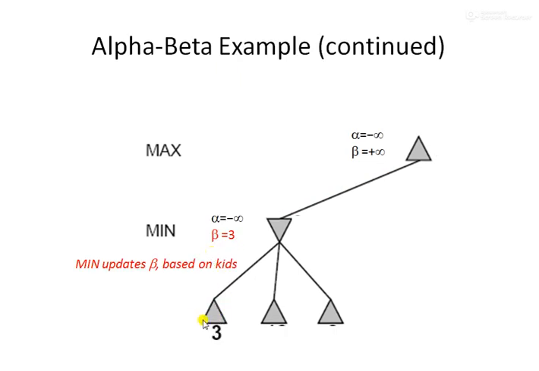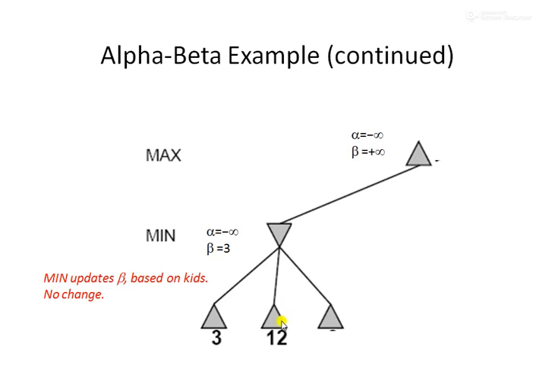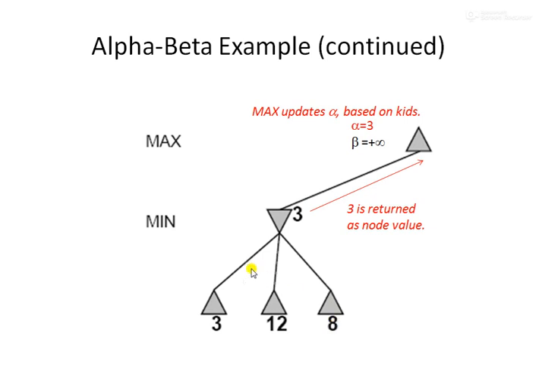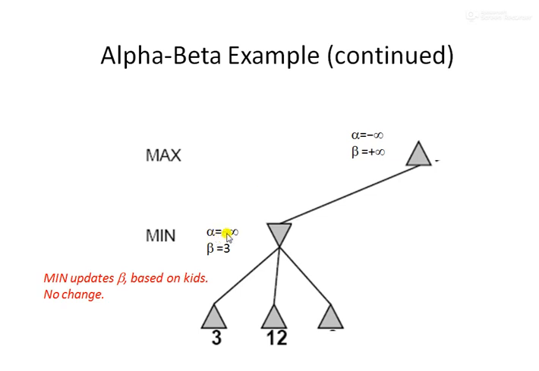So the min value here is 3 now. Now it is going to check, for this again we have two other possible moves here, right? So it is 12, so between 3 and 12 the minimum value is 3. Then again we have 8, so the minimum value here is 3, so min is going to pick up 3. Now this 3 will be backed up to the max. That means the alpha value will be updated now. Going back, alpha was minus infinity, right? And beta value finally we have got as 3.